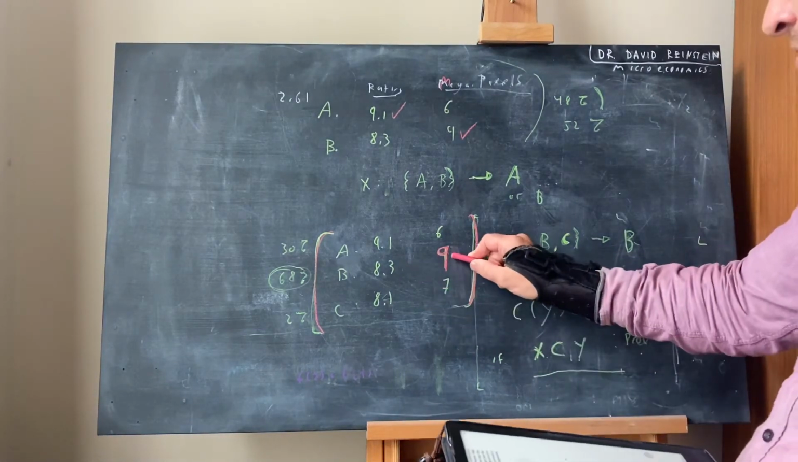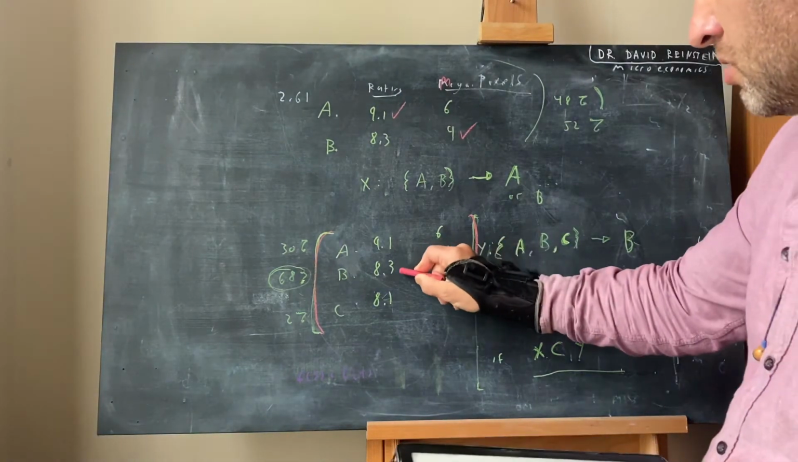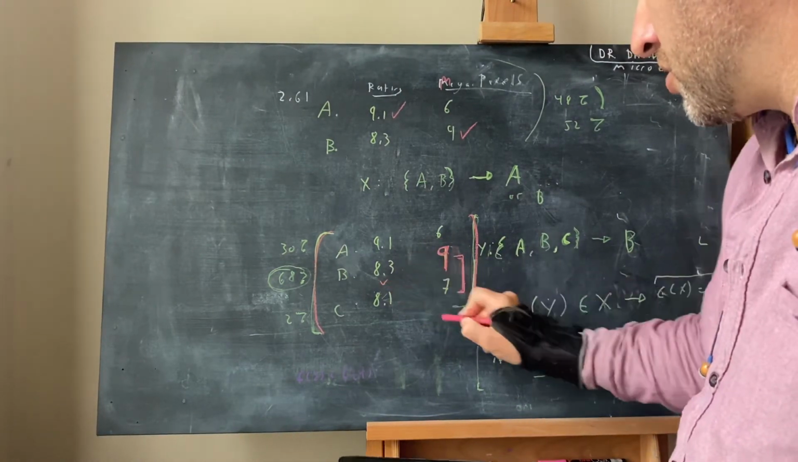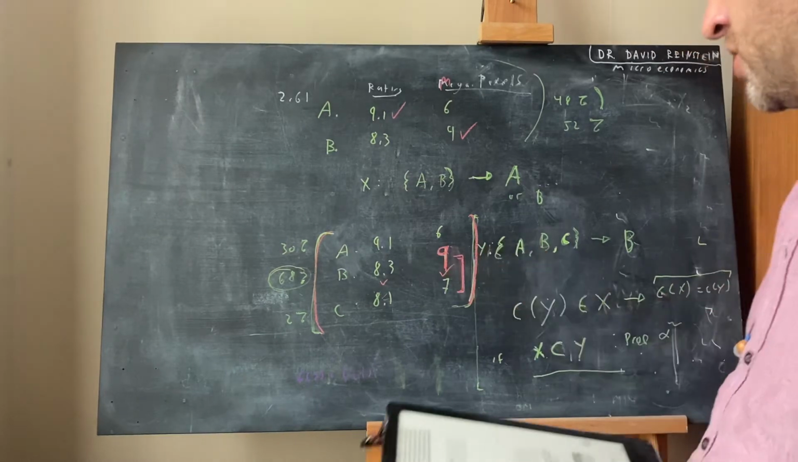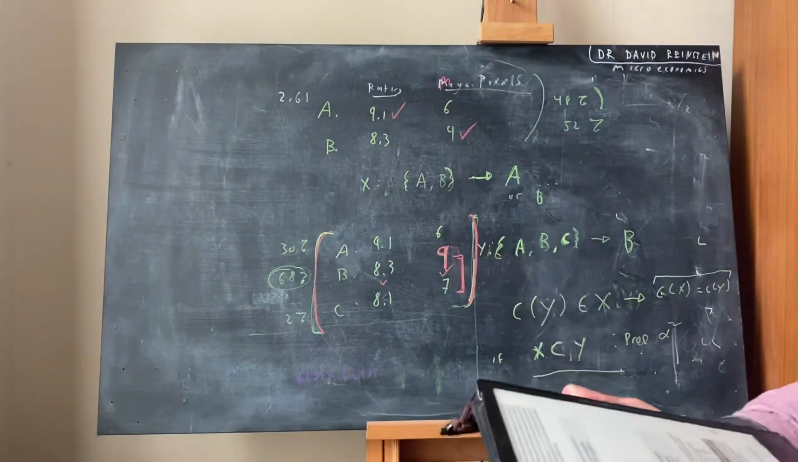this seems to be better, B seems to be better than C on both fronts, right? So 8.3 is obviously greater than 8.1 and 9 is greater than 7. So people seem to be attracted to an option, and I guess there's some evidence for this, but one thing